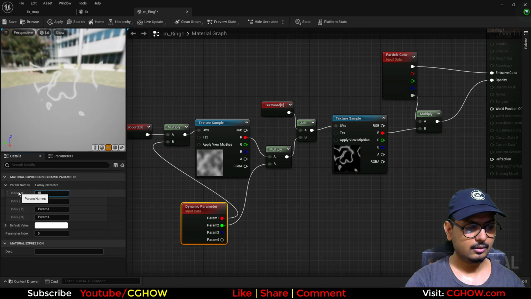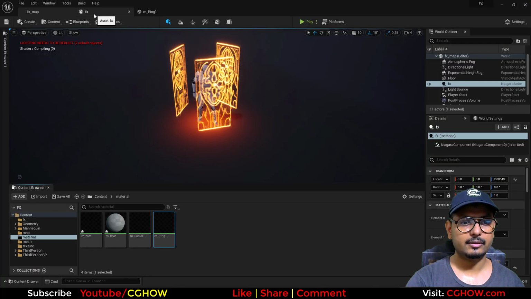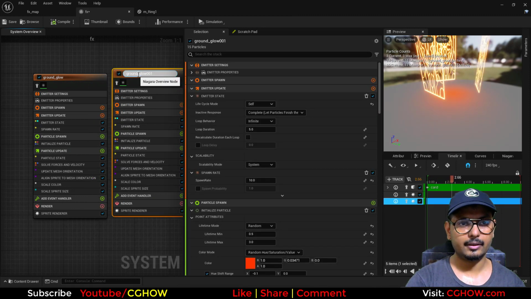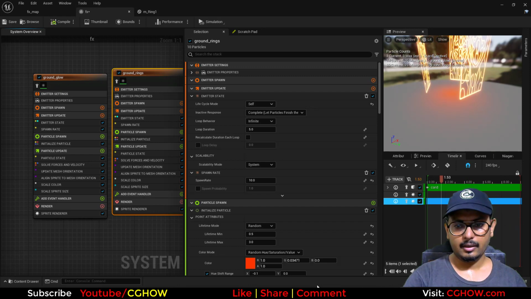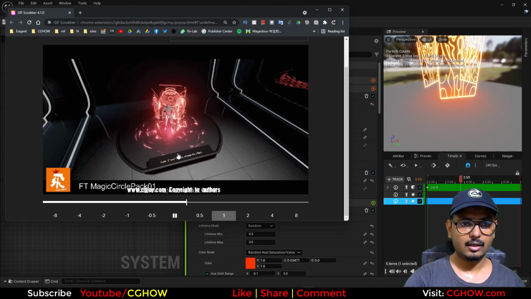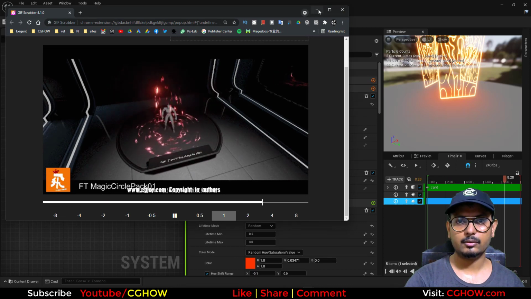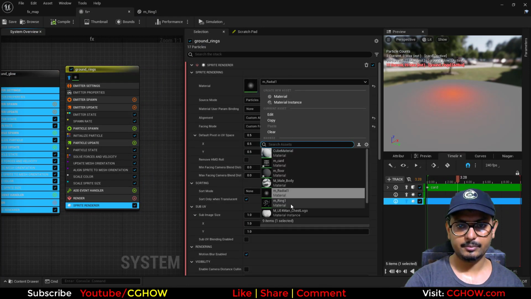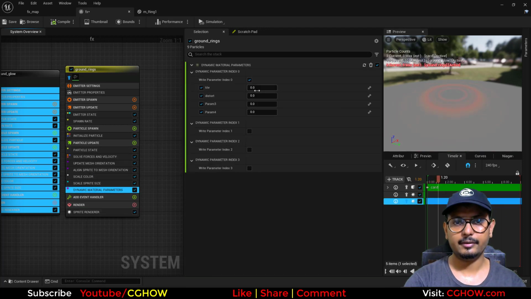So tile and distort, save this, browse this, and in FX I'll duplicate this ground glow and make it ground rings, and these rings are scaling down, not scaling up but scaling down. Okay, so in this one I will just replace this material and use the dynamic parameter, and tiling I would